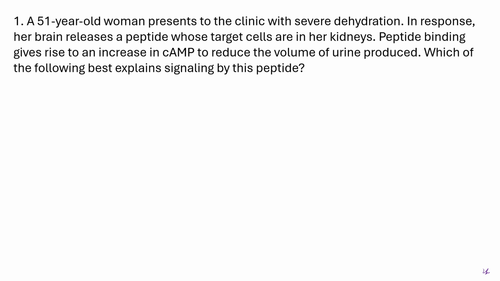We have a 51-year-old woman who presents to the clinic with severe dehydration. In response, her brain releases a peptide that targets cells in her kidneys, right? So you see the severe dehydration, that means your body tries to conserve the water, right? So dehydration, that is a diuresis, right? You're losing a lot of water, so that means you have some mechanisms in the body, that is the anti-diuretic hormone,